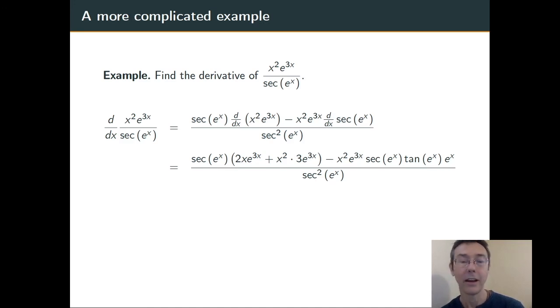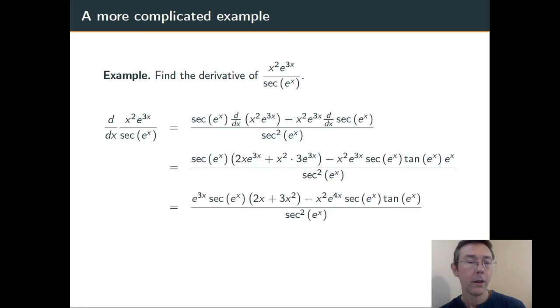In the second case, I have a chain rule. The derivative of secant of e to the x, I need to do the derivative of secant first, that's secant tangent. So the inside's e to the x, so I get secant of e to the x, tangent of e to the x, times the derivative of that inside function. The derivative of e to the x is e to the x. The denominator is exactly the same as before. This can be simplified very slightly to give us a final